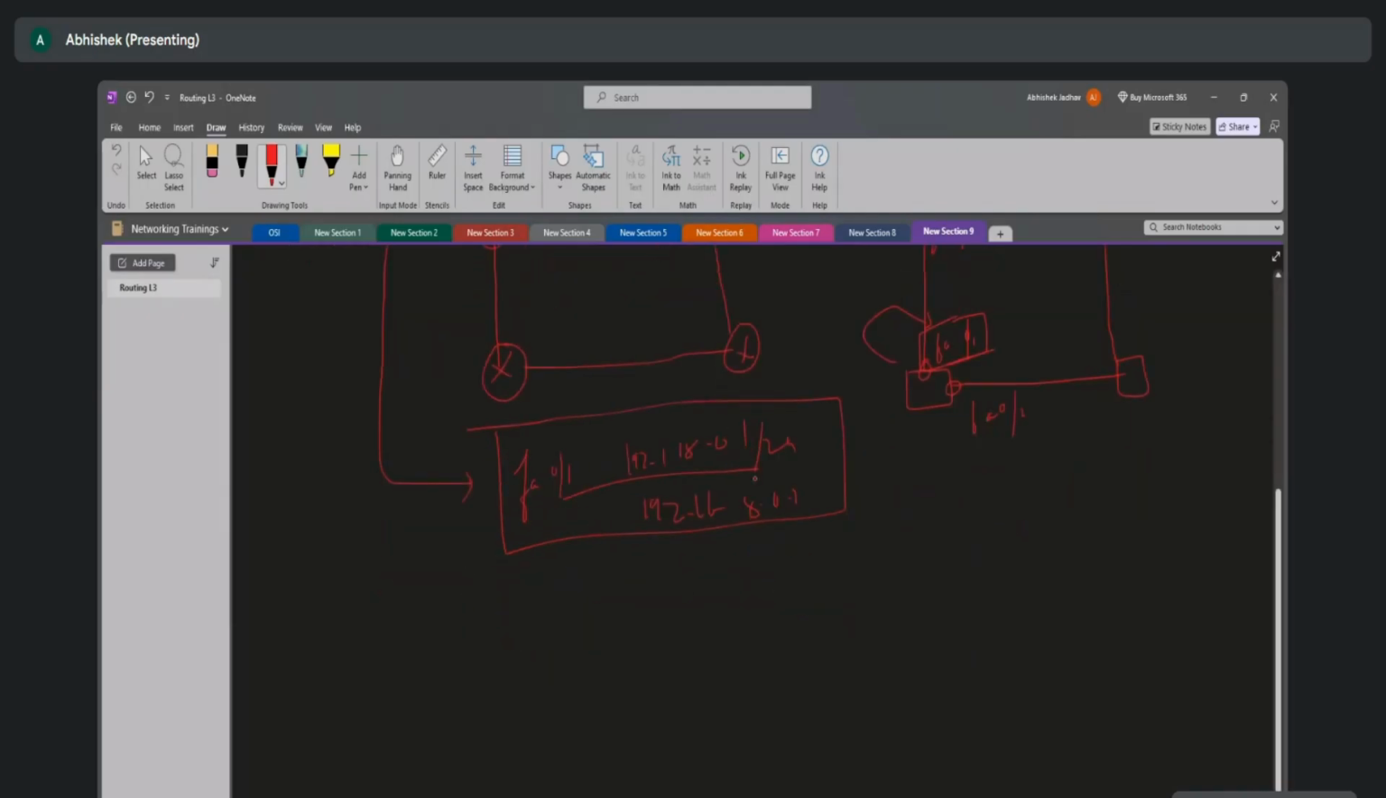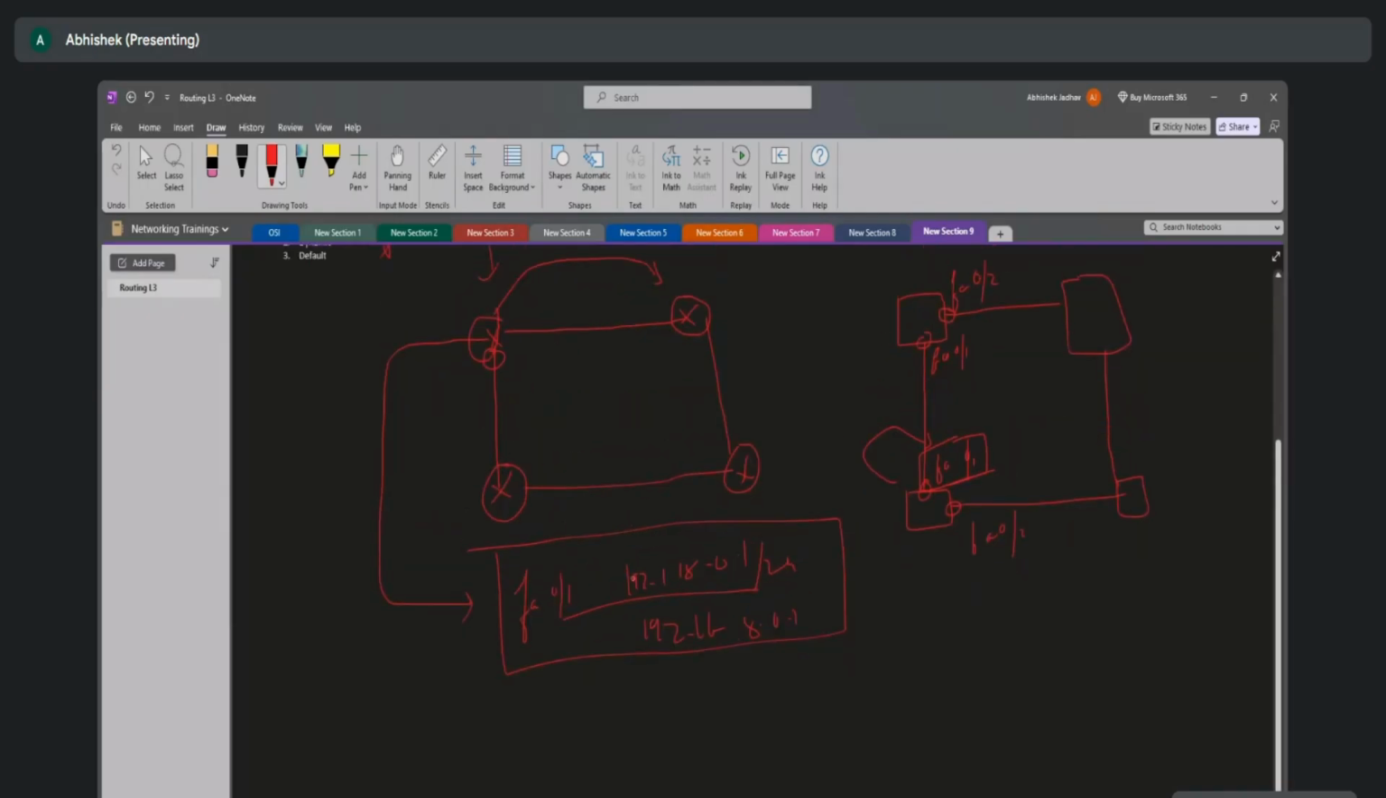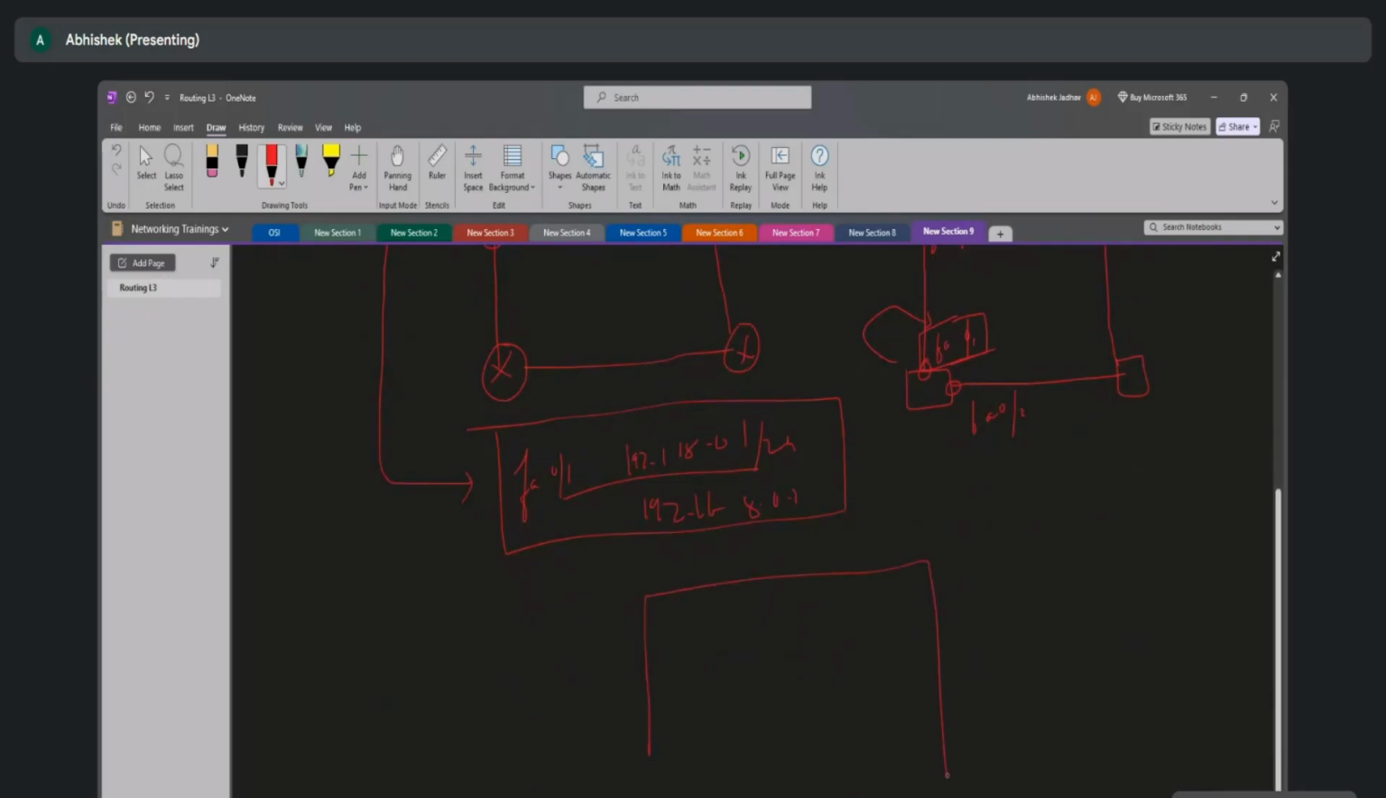Now, what do I mean by default gateway? If you are giving an IP and you are providing a default gateway for that IP, the router makes a note of that in its routing table like this. It mentions that this particular interface, FA0/1, has this particular IP address assigned, 192.168.0.1, right? And the subnet mask is 24. Its default gateway is 192.168.0.2,